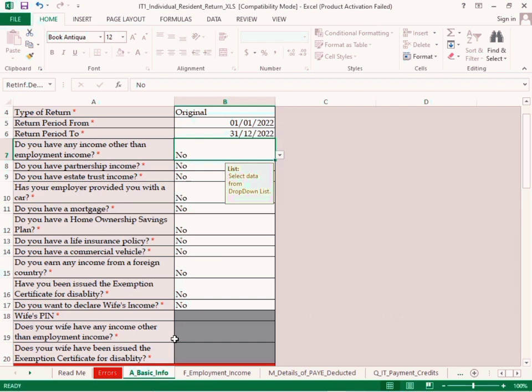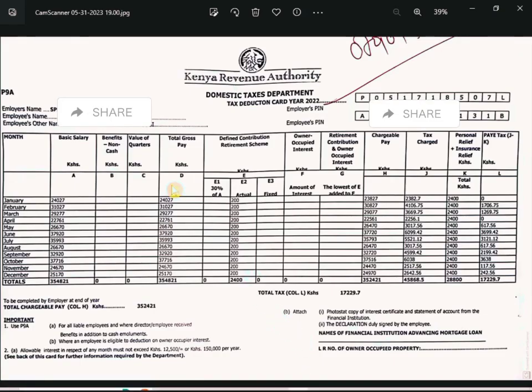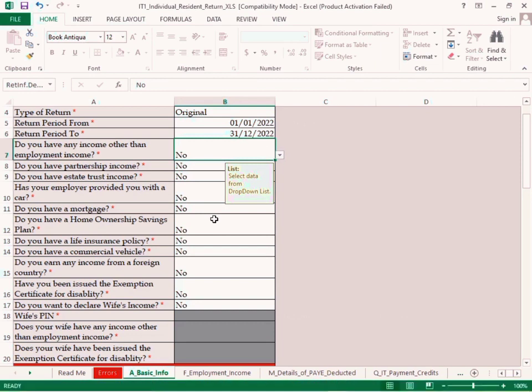If you are employed, that's the case where the only income that you have is employment income. But in this process, you can declare even other incomes that you have, like maybe if you have a rental house or something like that. So from here, do you have any other income other than employment income? From this P9 form that we have, all these clients, we don't have other income to declare, so we pick